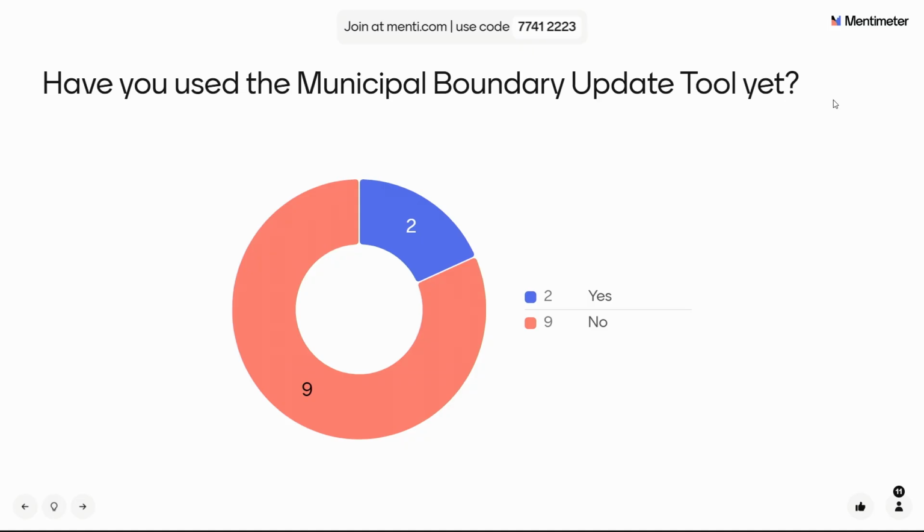So I'm a county staff, and so if I'm going to be submitting to the tool, do I need to have an interlocal agreement or just do it for the municipality? What gives me the authoritative right to do it?